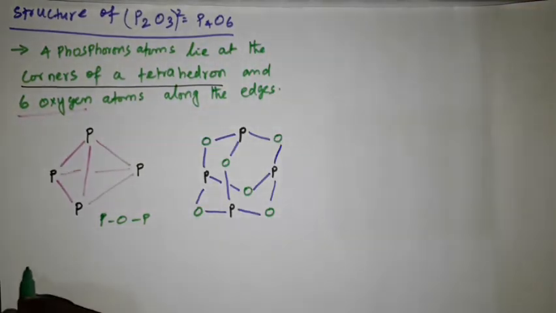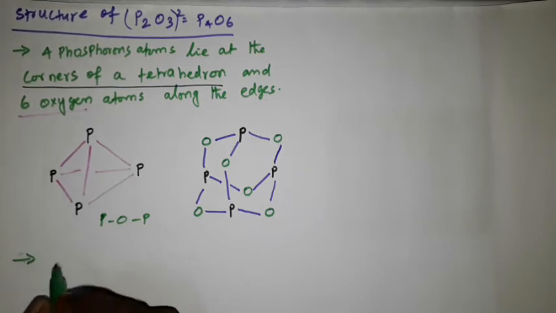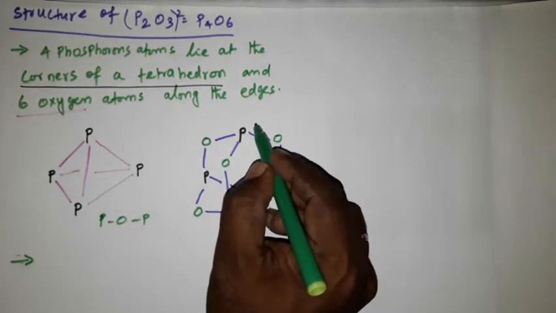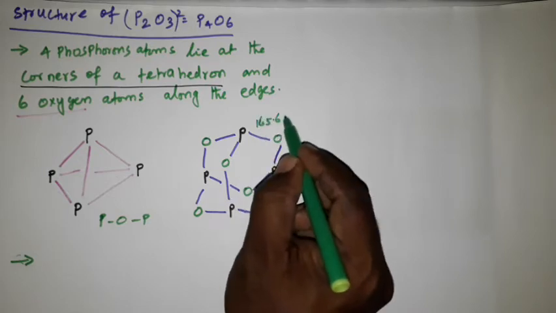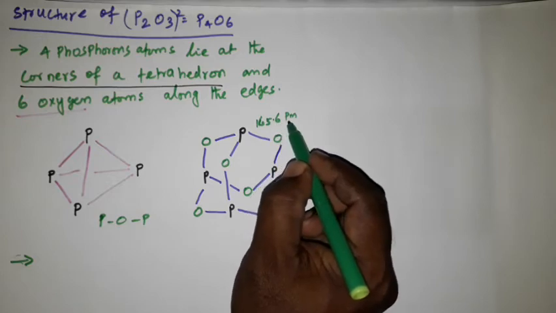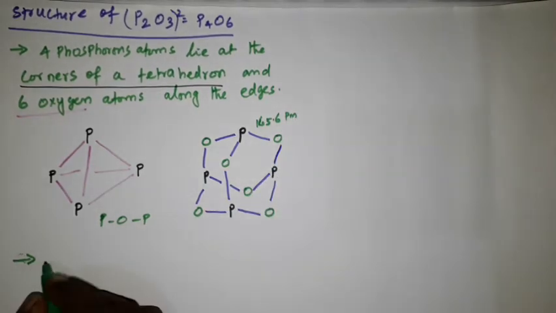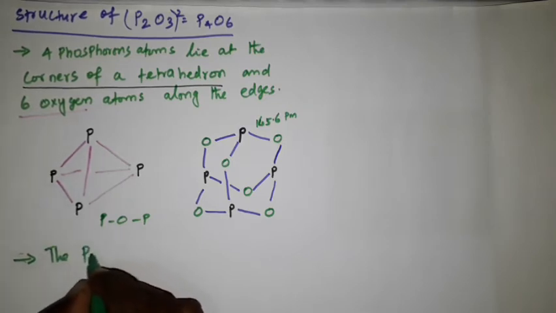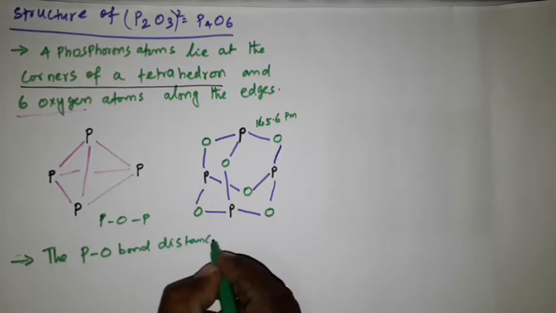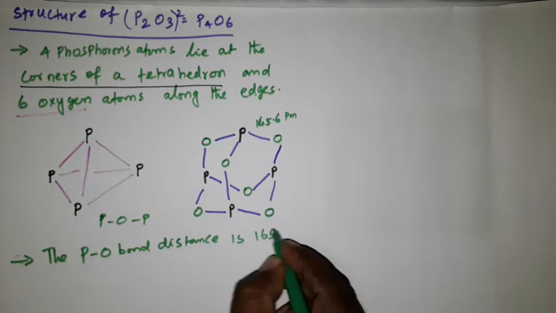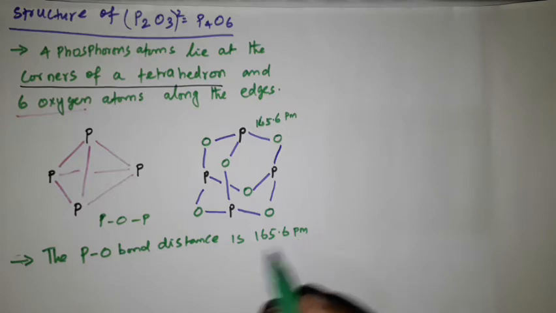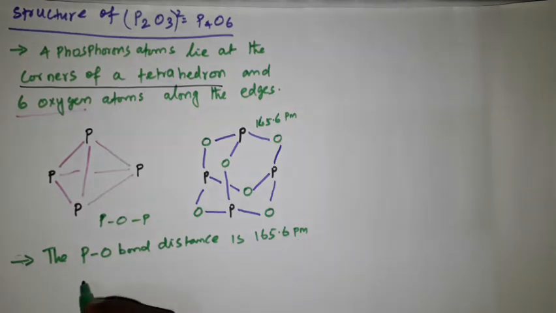Now see that second point, the phosphorus oxygen distance, that is this distance. This is 165.6 picometer. So the distance between the PO bond is 165.6 picometer. So the PO bond distance is 165.6 pm. Okay, actually generally that phosphorus oxygen